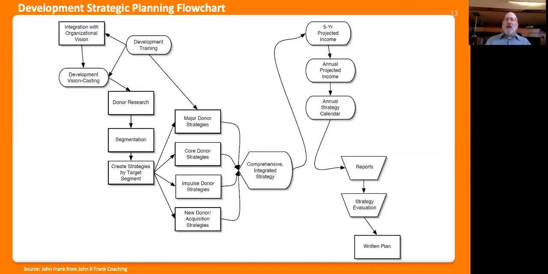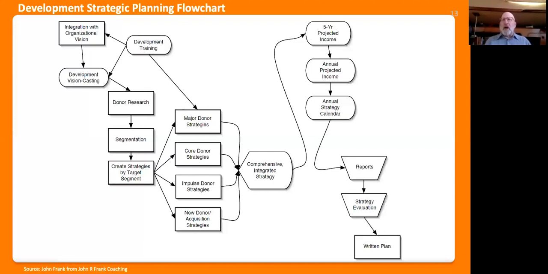Now here's the big aha, and you should remember this from the whole course. One size does not fit all. If you're doing the same strategy with every one of your relationships, you're leaving people out, you're leaving people behind, you're offending people, and you're just not raising as much funding. So remember that. It is an evil, trying to do the same thing to everybody.